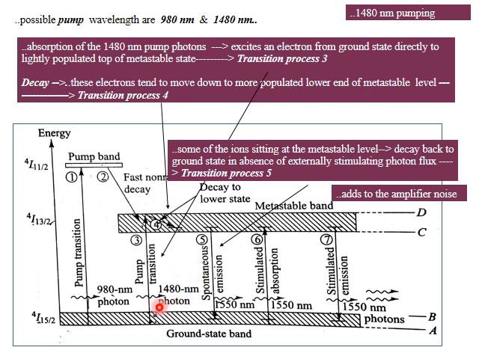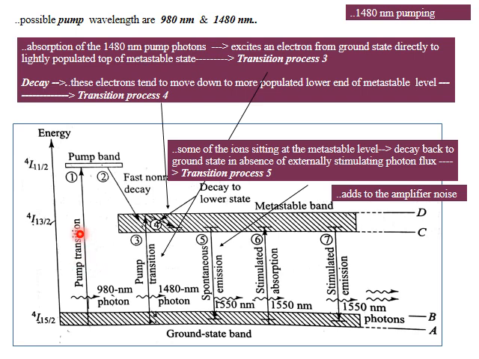This 1480 nanometer pumping, even though it has advantages, is less likely to be used practically compared to 980 nanometer pumping, because of some reasons. First reason, less noisy. In 980 nanometer pumping, there is no spontaneous emission. No spontaneous emission means electrons are not jumping back and trying to recombine with these propagating photons in the ground state and resulting in amplifier noise. So in 980 nanometer pumping, no spontaneous emission, hence no recombination and less noise.